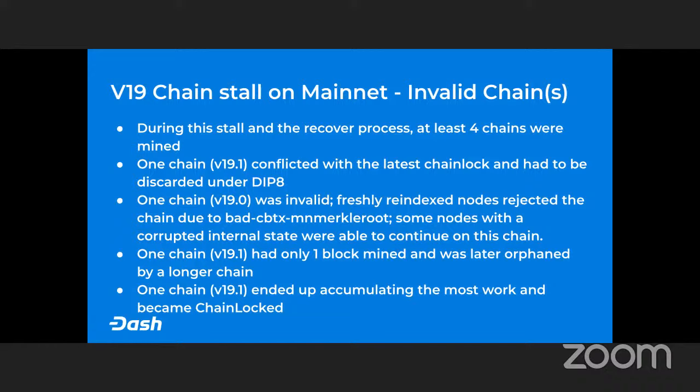Some people might know it as, I think it was Pro Hashing that was mining this chain. At the time, we didn't know who was mining it. We didn't have contact with the miner. We were trying to get into contact with as many people as we could to figure out who was mining it and what happened on their systems to where they were mining this